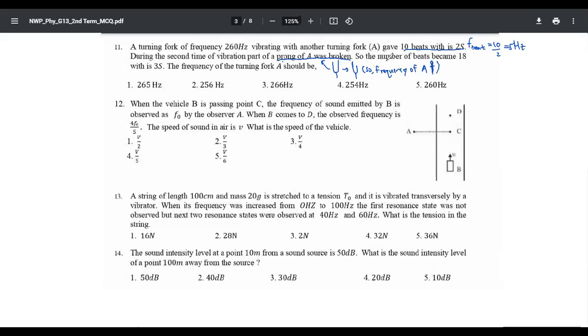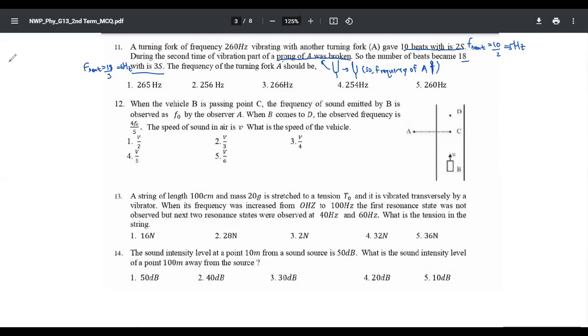So the number of beats became 18 within 3 seconds. So the new beat frequency is 18 over 3, 6 hertz. So the beat frequency has increased. The frequency of the tuning fork A should be... Now, first of all,